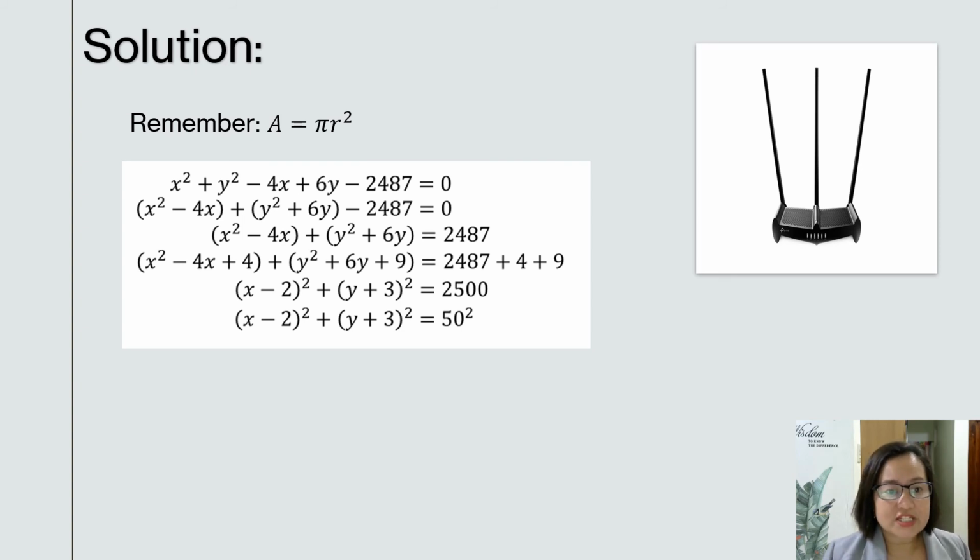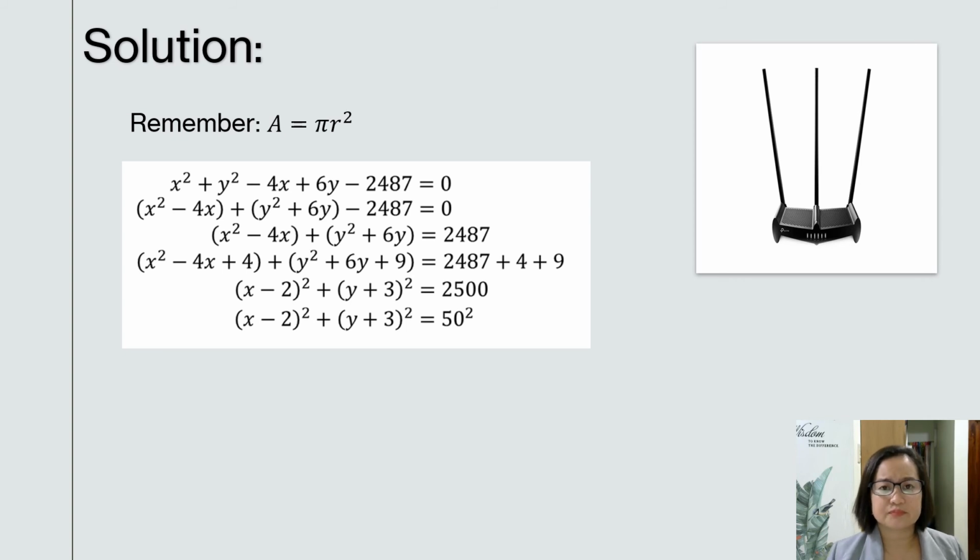So what we did is to group the terms having the variable x, which are x squared and negative 4x. The second group are the terms having y as the variable. So we have y squared plus 6y. And the last is the constant term minus